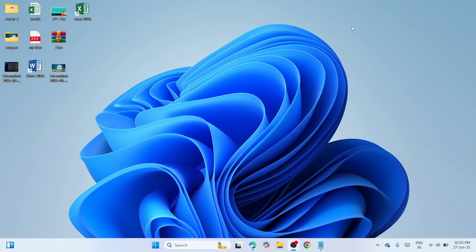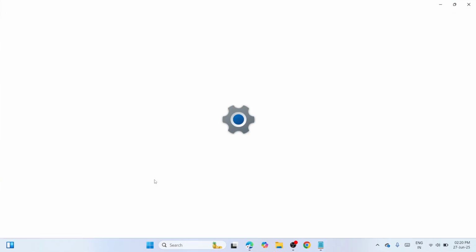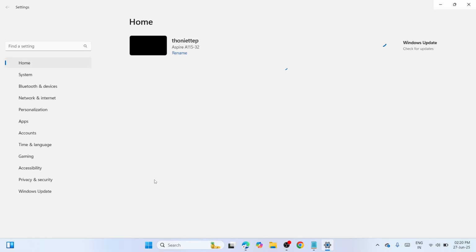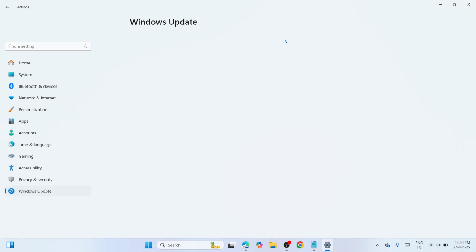First of all, I want you to check for pending updates. Navigate to the Start, make a right click, scroll up, and click on Settings. At the Settings, please navigate to the left pane, find Windows Update, click on it,